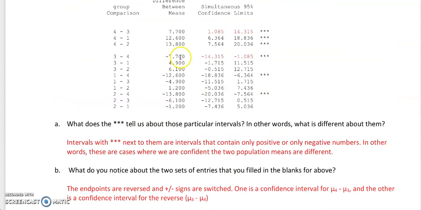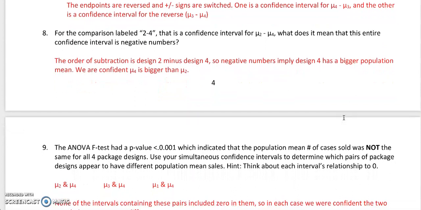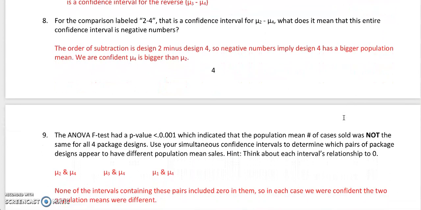And if you look back up here, you'll see that these ones with stars are the intervals that do not contain 0. So these are cases where we think the two package designs have different population means. And it looks like we think that 4 and 3 are different. We think 4 and 1 are different. And we think 4 and 2 are different. So there's 3 more sets of stars here, but that's just 3 and 4, 1 and 4, and 2 and 4. So remember that everything's on here twice, just repeated. All right, so that tells us that we think that all of these pairs have different population